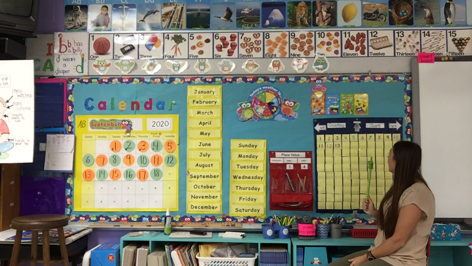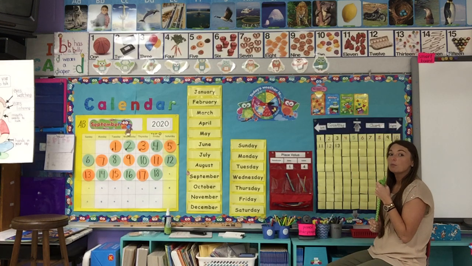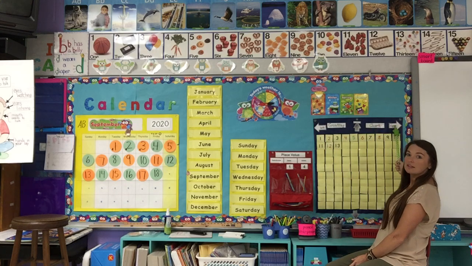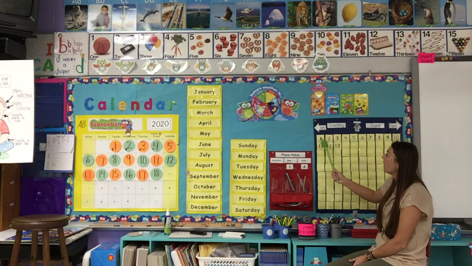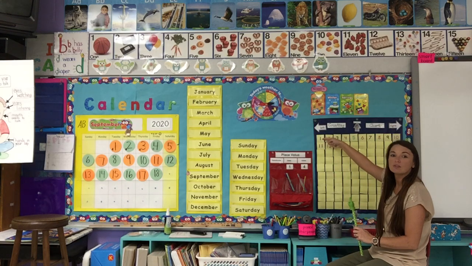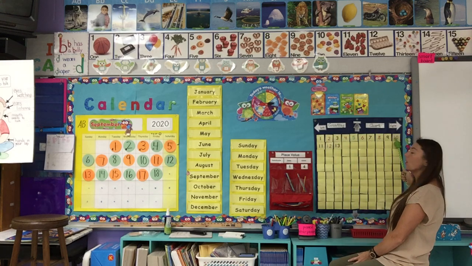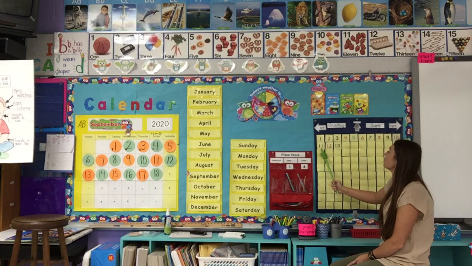So we're going to count on the counting chart. Anytime that we're counting by ones and we're counting forward using our counting chart, or if we're reading something, we always start at the top. And we're reading from the left side across to the right side and working our way from the top to the bottom. So on our counting chart, I already have 2 rows of numbers where numbers are turned over. So when I get to the end of this top row, I go back down and go all the way over to the left. So let's count this morning and see what number comes after 13.